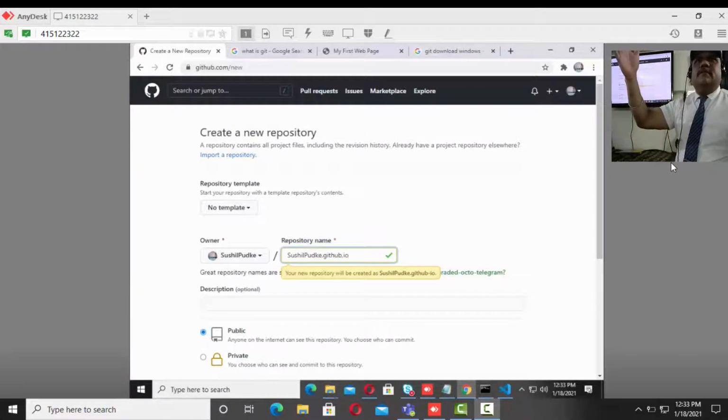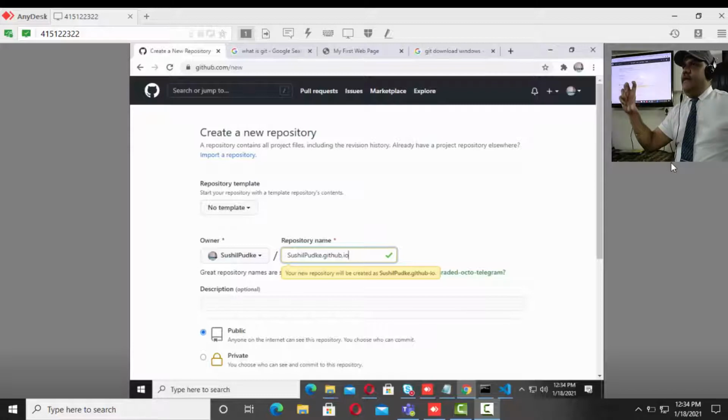For other works, there is no requirement. You can create a repository by any name. But to publish the website, this is what I'm going to explain. If you want to maintain my C programs, maybe that is the repository name, so all the C programs will be there. But now, the repository which you want to publish